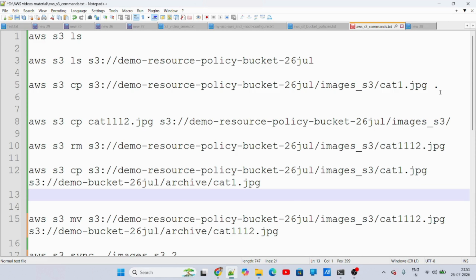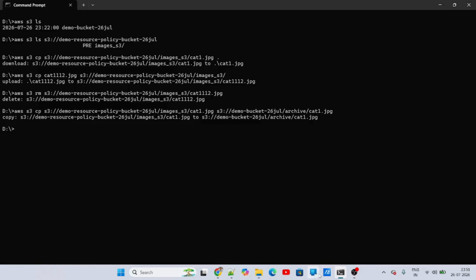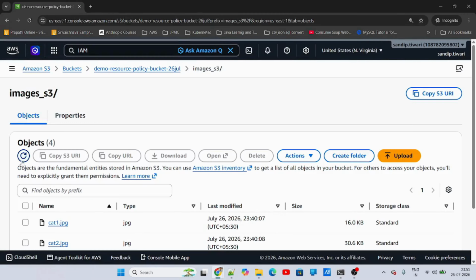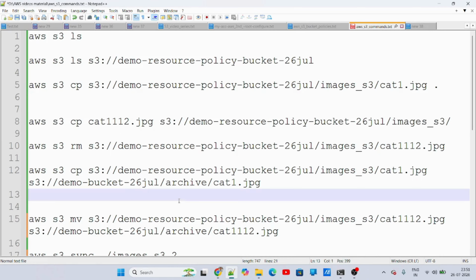I'm just going to upload this cat triple one two again. I'm just uploading the cat triple one two again. Now if we go here, the cat triple one two is uploaded again. Now what I want is